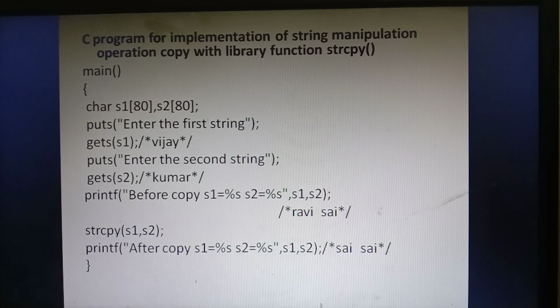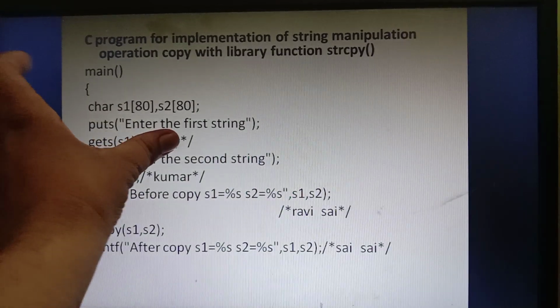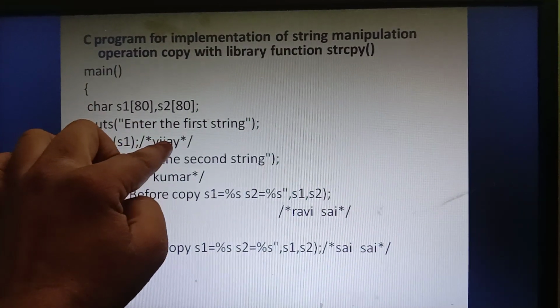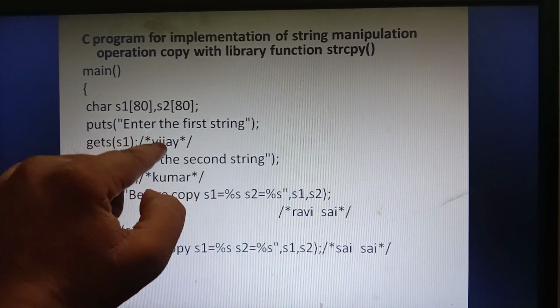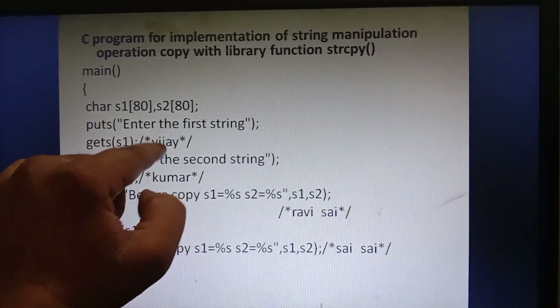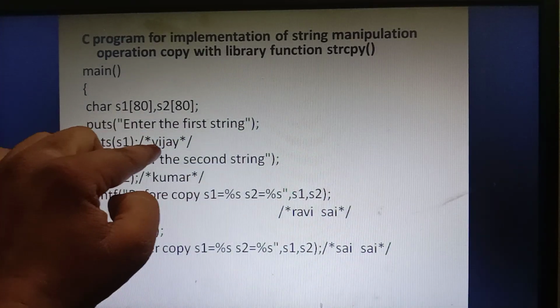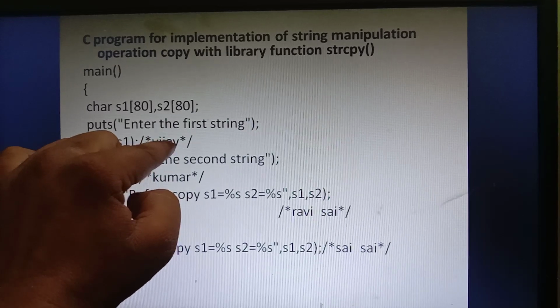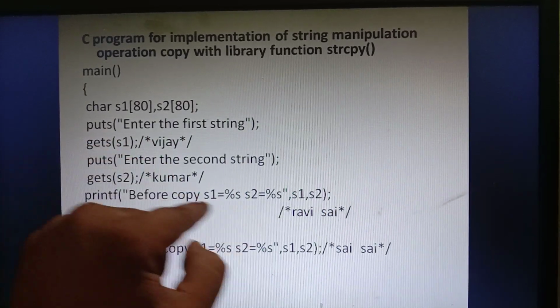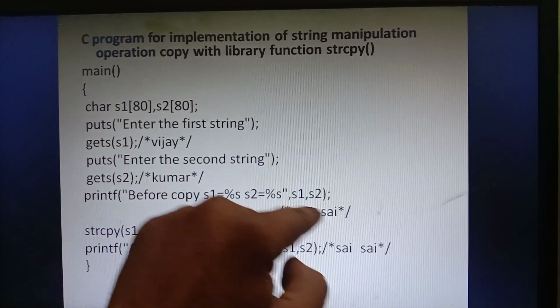Okay. Here I have taken, please remove this one. Here we can go Ravi, Sai. Keep it as Ravi, Sai, because of a printing mistake here. Because they are taking Ravi, Sai. So remove this one, Vijay, Ravi. Here Ravi I have to read, here Sai I have to read. So before copy, s1 equal to Ravi, s2 equal to Sai.